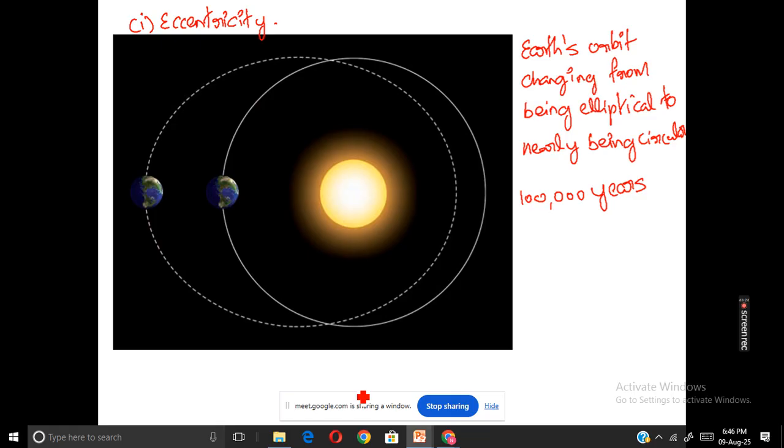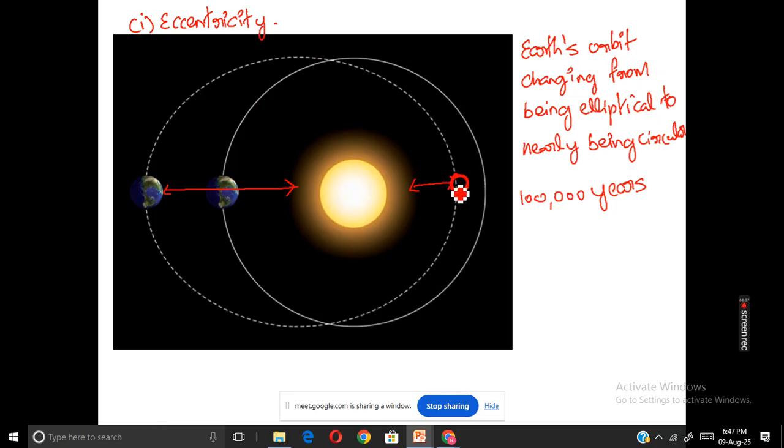So what happens when the eccentricity increases? Eccentricity increasing means the orbit becomes more elliptical in shape. It changes the amount of solar radiation received between the closest and the farthest points from the Earth. This dotted line is the actual elliptical orbit. So now we have a proper elliptical orbit, and this is the distance between the Sun and the Earth at the farthest point in its elliptical orbit, and this is its closest point.